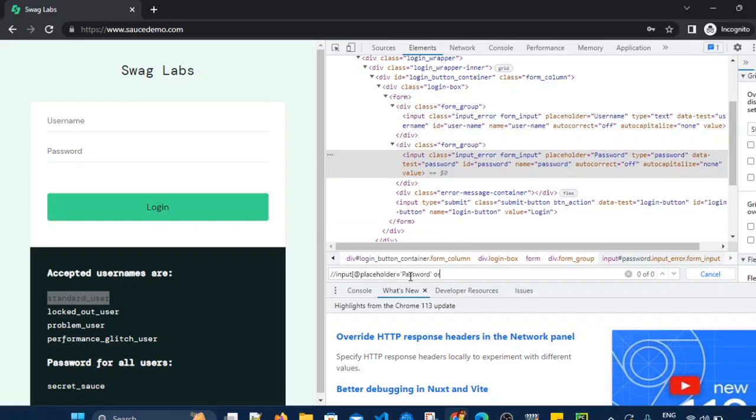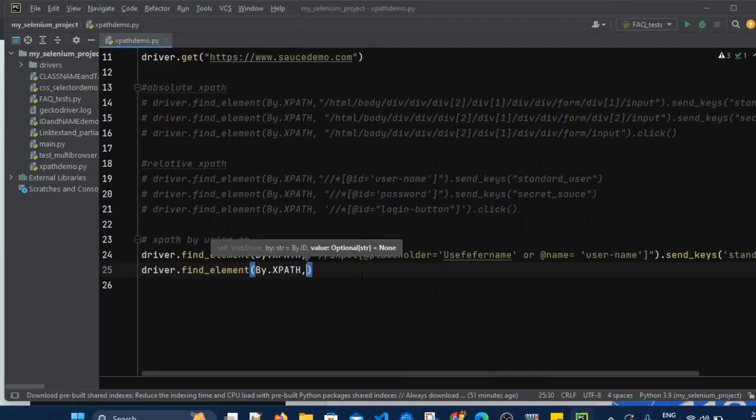I will use or @, we can do any attribute. We can take, let's say I am taking now type attribute. @type equals to, again it is password only within lower caps. So this placeholder is upper P, whereas @type equals to lower p, password, right? So this should capture. So if you see, this is capturing our element, it is highlighting our element, that is password field. So I'm just copying it and using it in here,